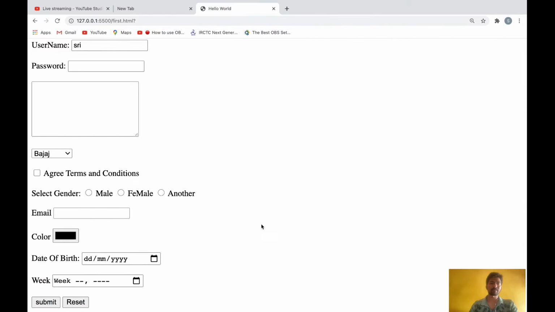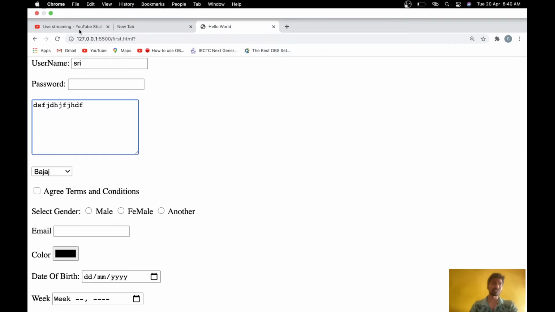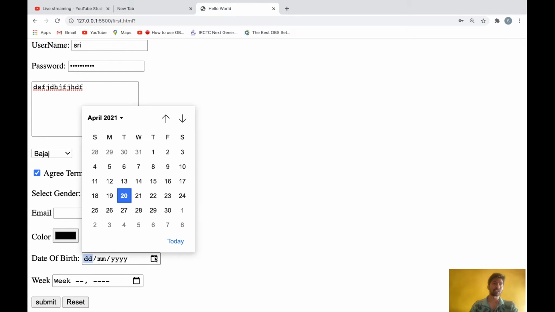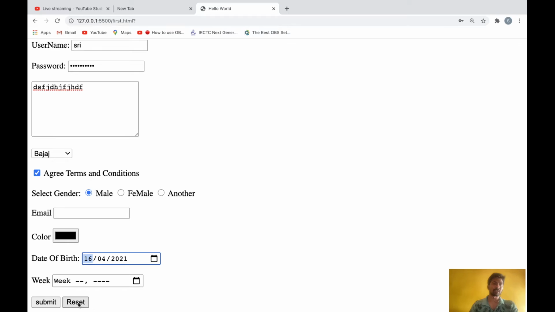Now let's see, reset is coming. So let's fill something, select all these things, some date picker also. Reset, see, all my selections go.